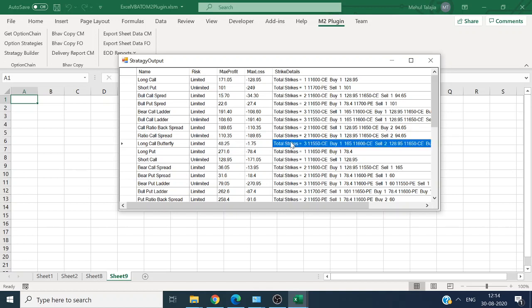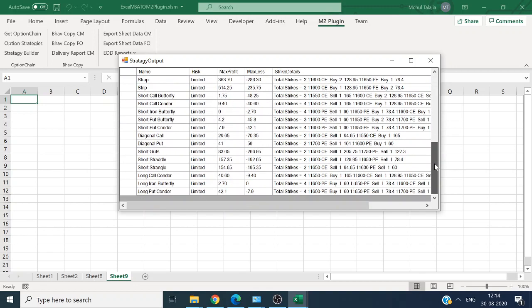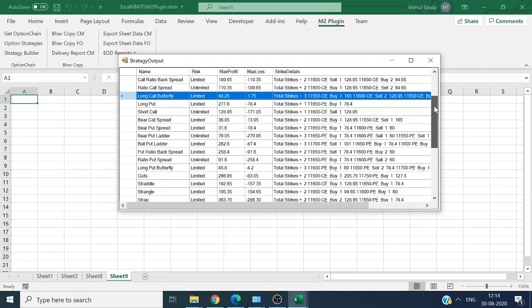And for this, you will not require a capital of more than 1 lakh. And if it is an up market, this will work very well. But based on the market and a lot of things, before going to trade, you have to check which strategy to go with. Okay, it is just showing you all the strategies here.